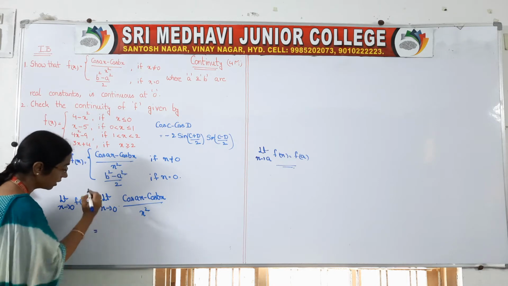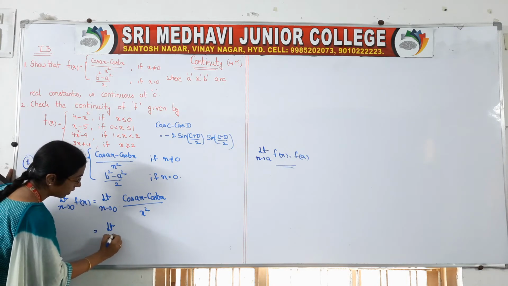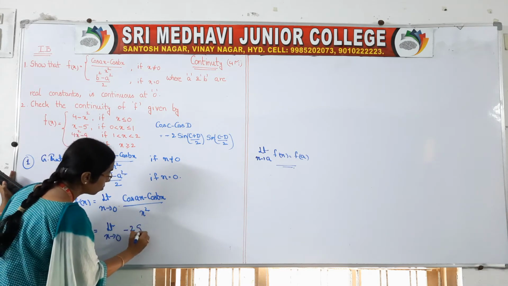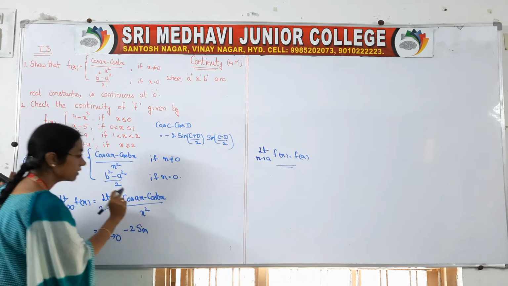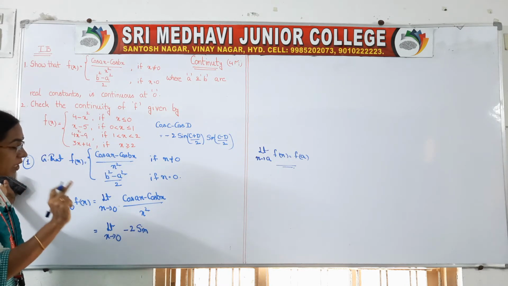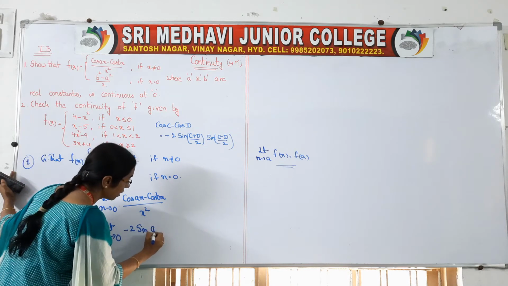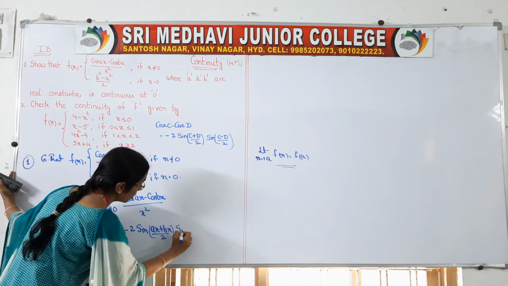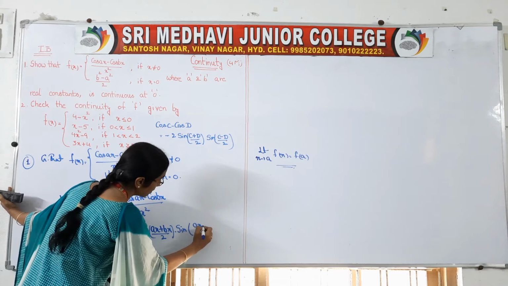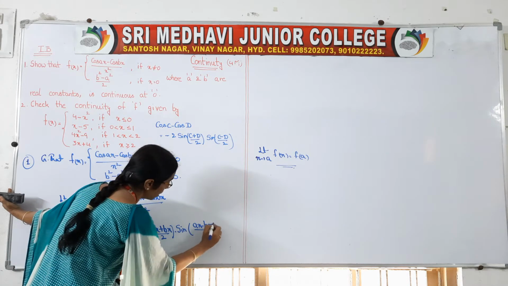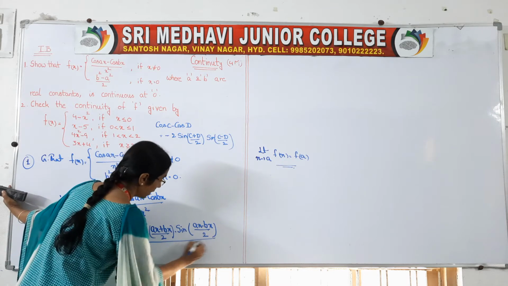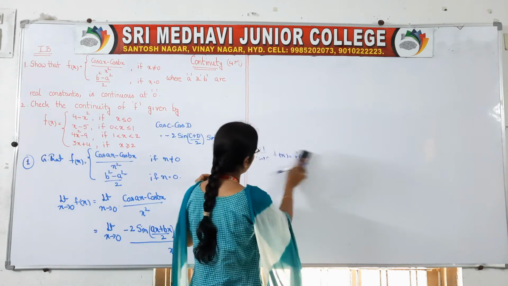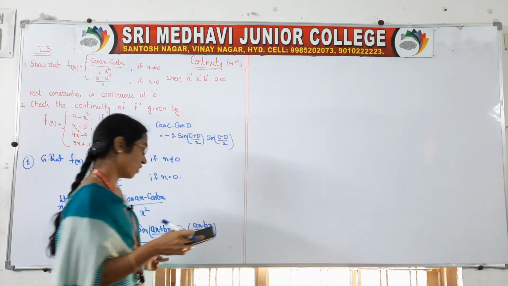So we can take this as limit x tends to 0. Come on, we can write this as minus 2 sine. What is your c? In c place we are having ax and in d place we are having bx. So it is sine of (ax plus bx) by 2 into sine of (ax minus bx) by 2, by x square. Okay. So now two terms are there, you take the limit separately for the two terms.